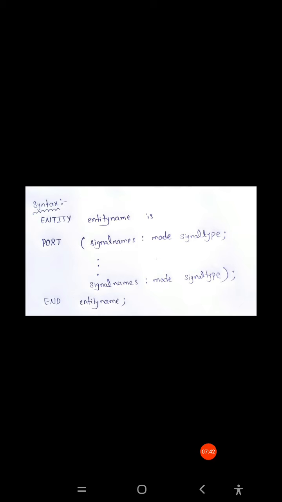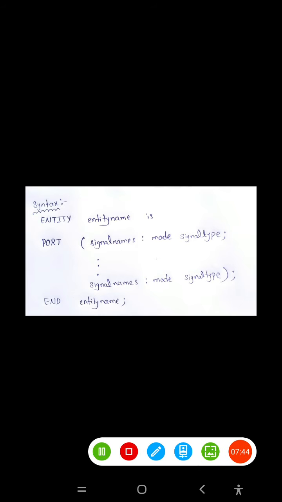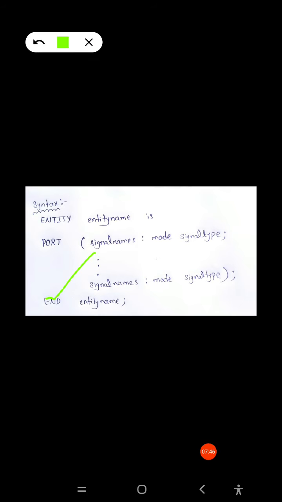The entity should end with the keyword end. The entity should always start with the entity keyword, and it has to end with the end keyword. The entity name can be given by the programmer. In case of port, we can write the in and out signals: in, out, buffer.